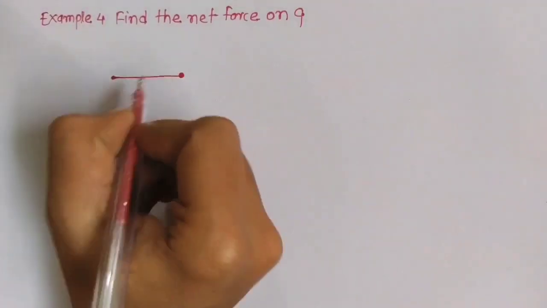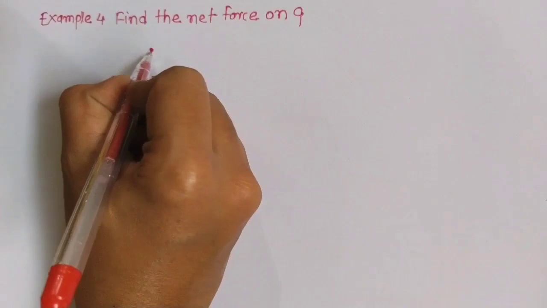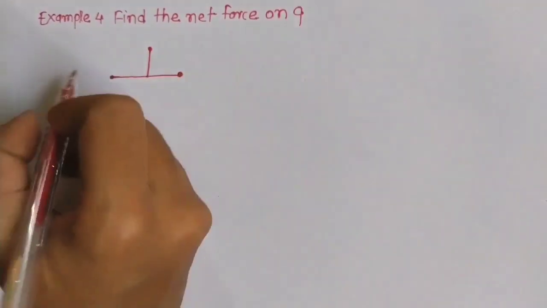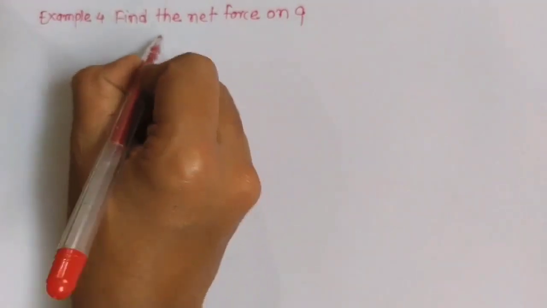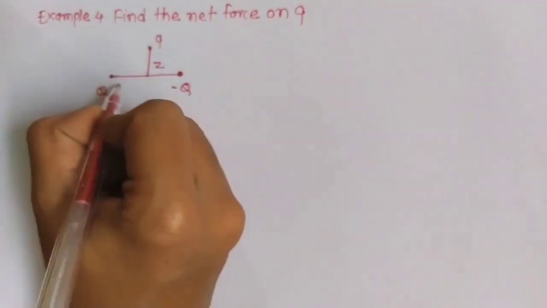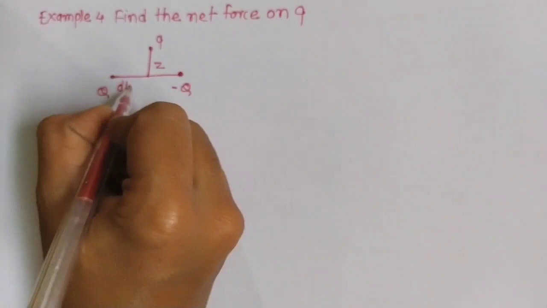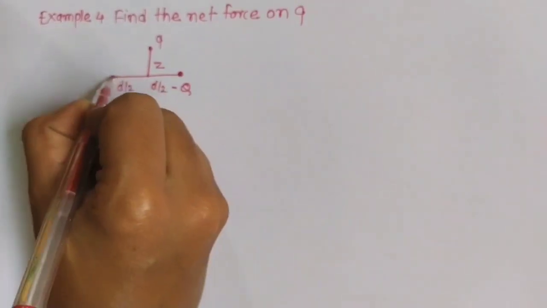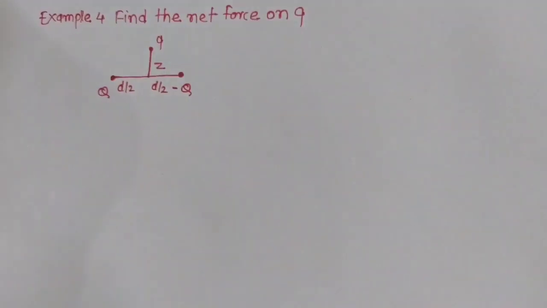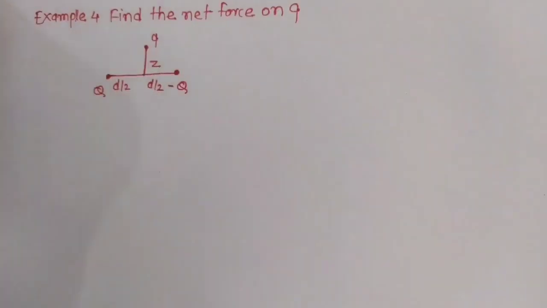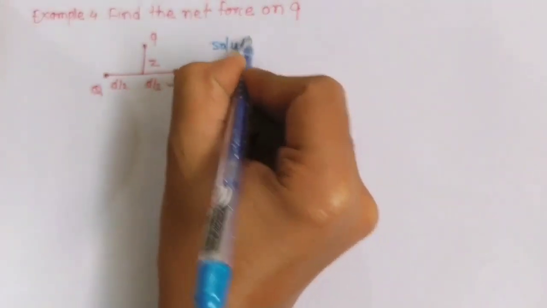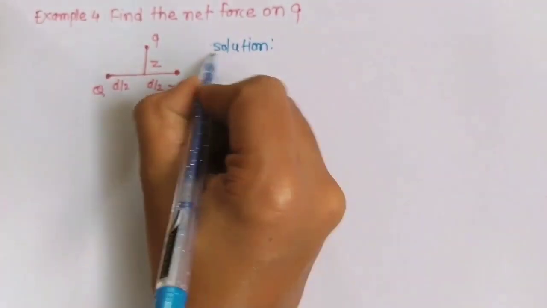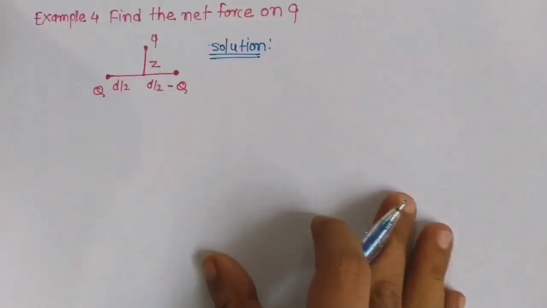So we have charges Q, minus Q and this is small q. The distance is z and this distance is d by 2 and d by 2. We have to find the net force on the charge small q due to these two charges, plus Q and minus Q. Solution is,